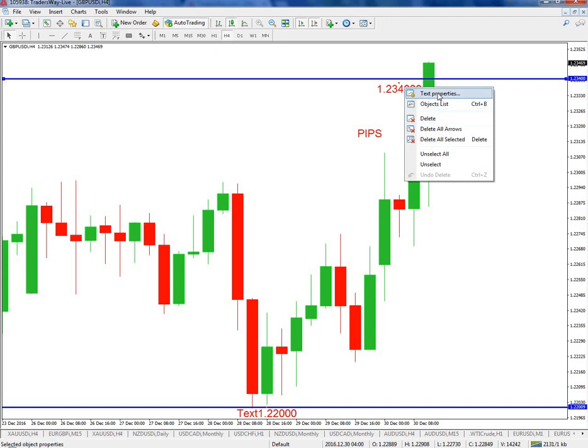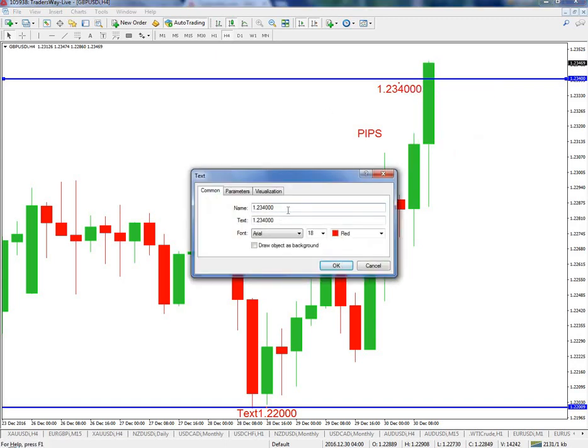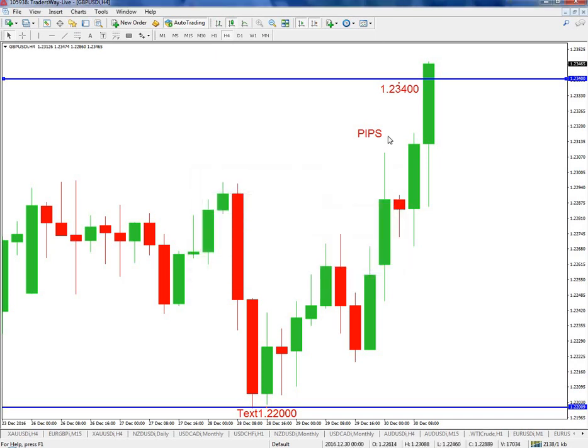Sorry, there's one less zero there. Okay, 1.23400. So if this was where price started, and this is where price ended, in a matter of 2.5 days,